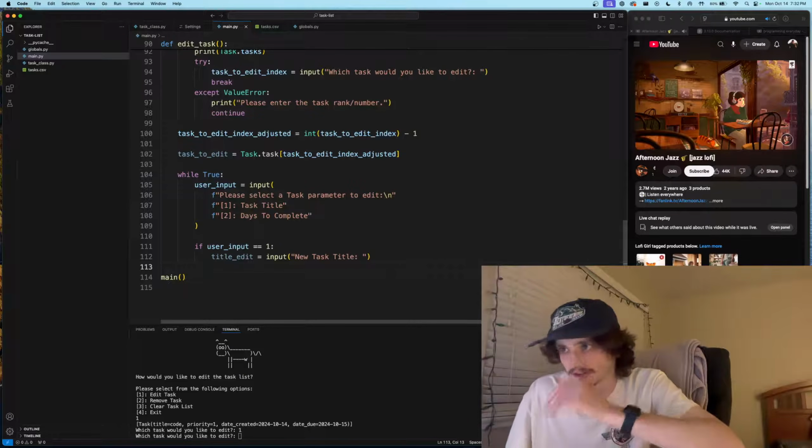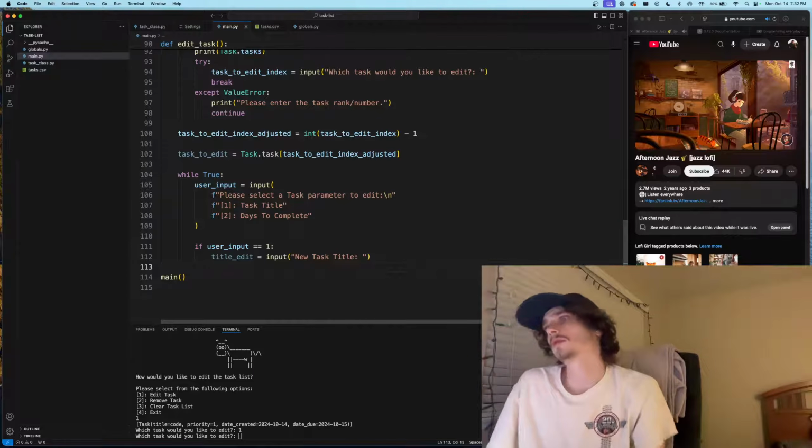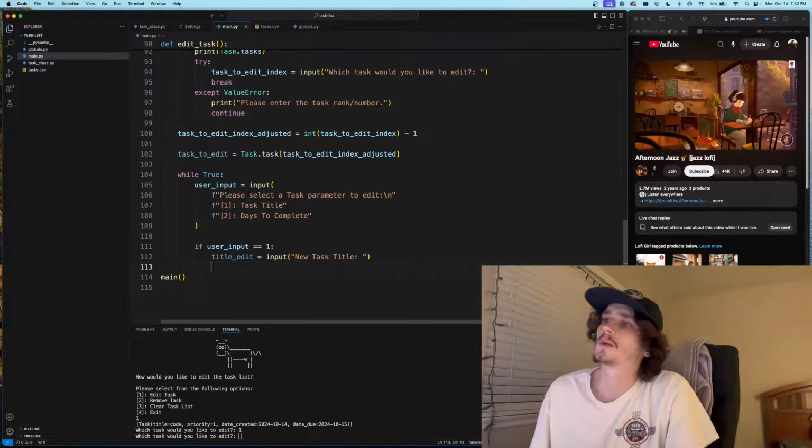Right. We'll get a new title to edit, and then title to edit, task title. What do we want to do with that task title to edit? That'll give it to us in terms of a string. We want to insert that directly into